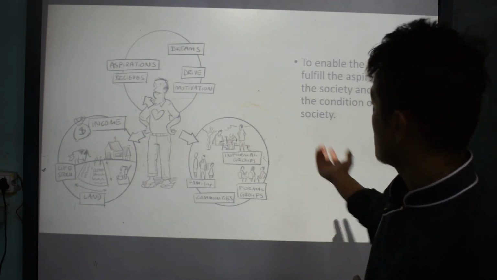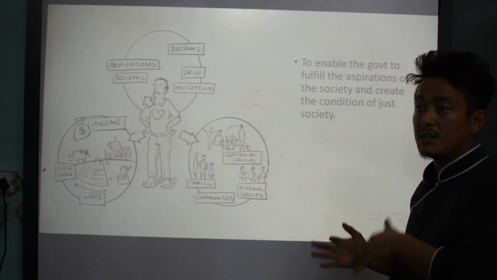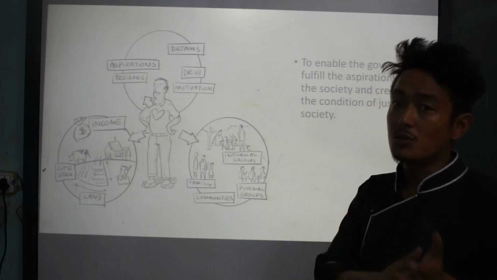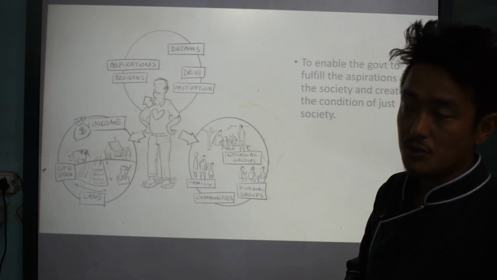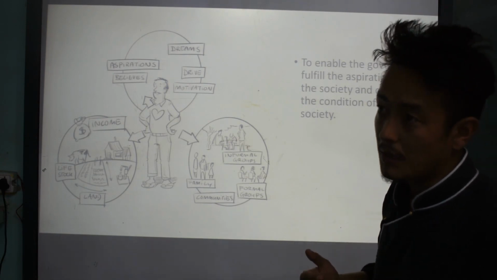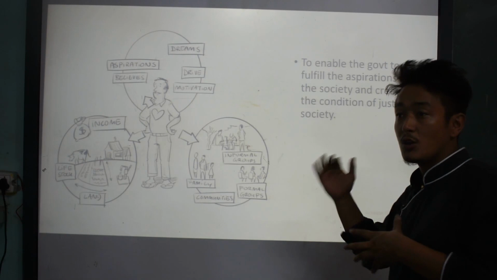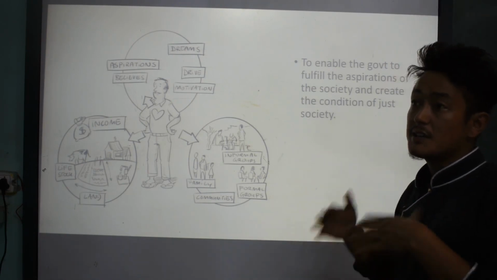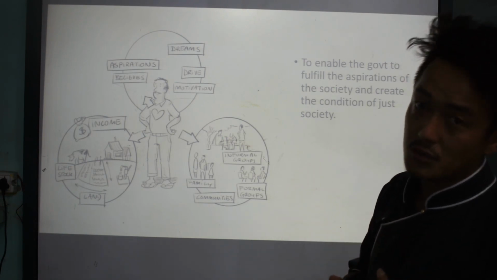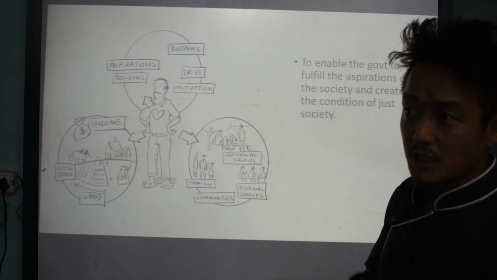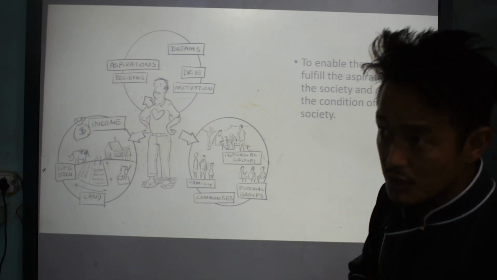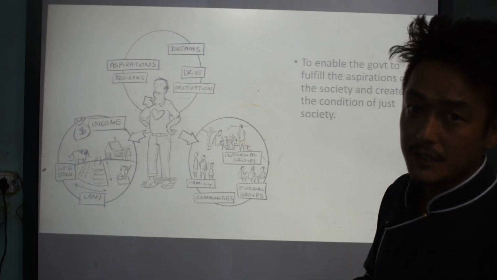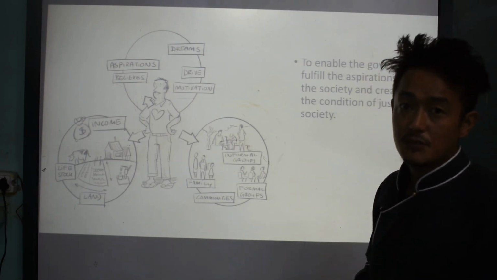All right, but constitutions made after the 20th century, for example India's, have not only focused on the limitations and the specification of decision-making power, but through their constitution they have also empowered and enabled the government to take necessary steps to fulfill the aspirations of the society. In short, we can say that governments are enabled and empowered to do certain positive things to help the society, to fulfill the aspirations of the society.